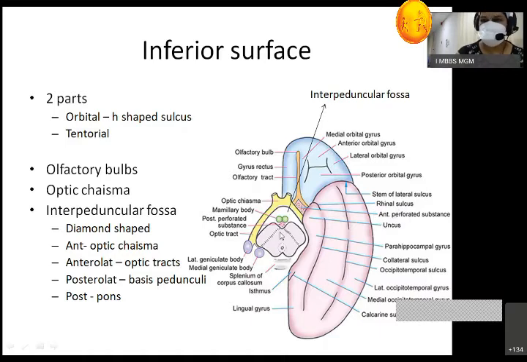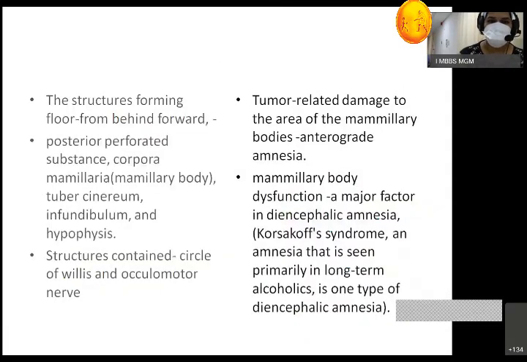So that's why it looks perforated, and according to that location, we call it the anterior and posterior perforated substance. Here this is a mammillary body. This is a posterior perforated substance. Now at the same level, there is the diaphragma sellae and the infundibulum from the hypothalamus and tuber cinereum as well. It goes downward, pierces this diaphragma sellae and goes towards the pituitary. So that is actually the structures which form the floor of the fossa.